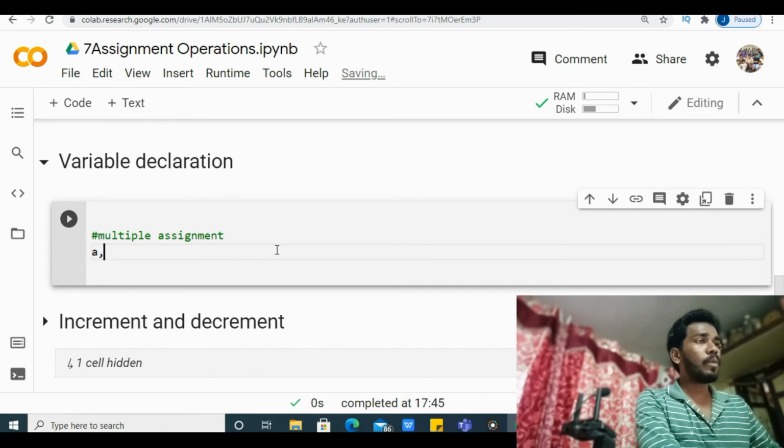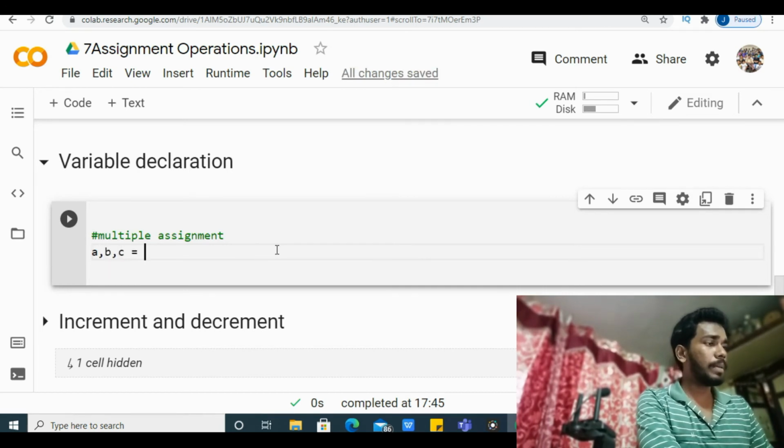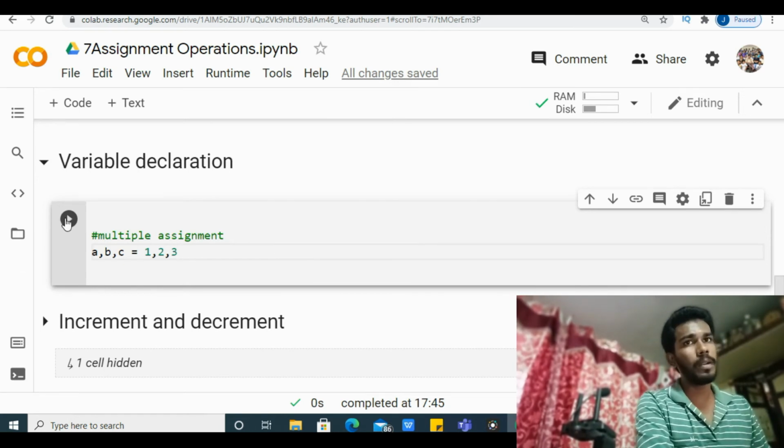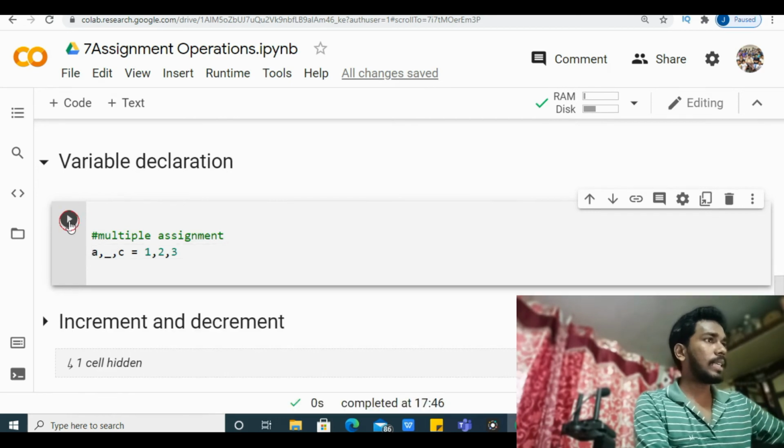But when I want to declare something like a, b, c is equal to 1, 2, 3, is it possible? Yes, evidently it is possible. So it automatically takes a is equal to 1, b is equal to 2, and c is equal to 3. And sometimes I don't want to give a name for a second variable, say a, underscore, c.